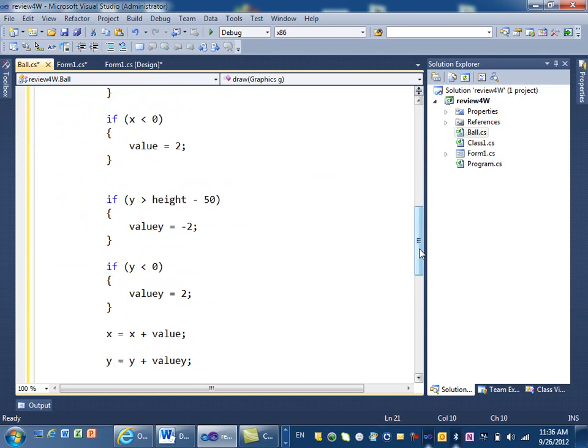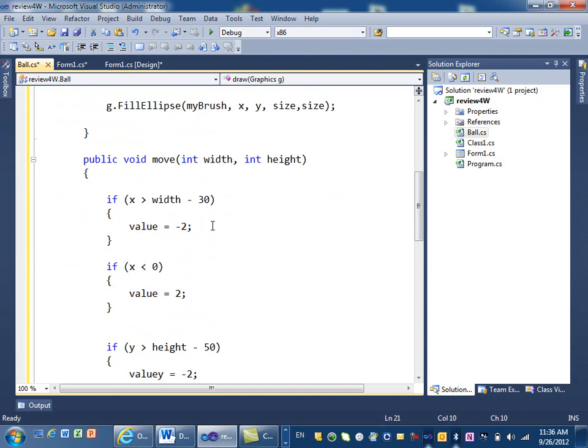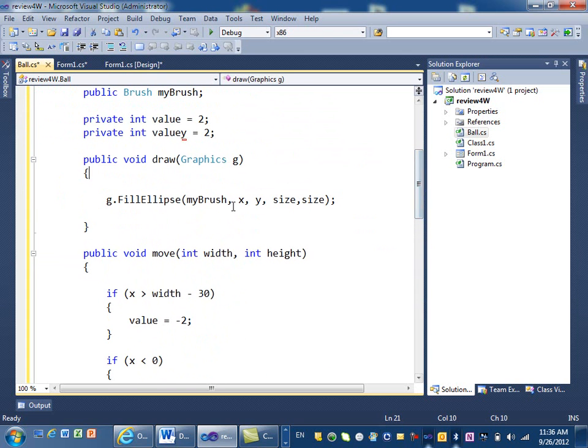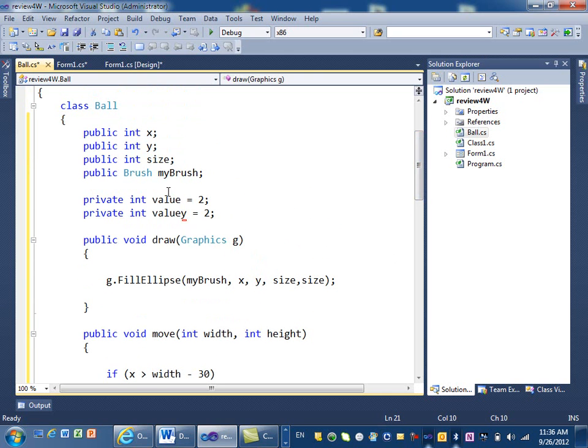So now I have the move method, which is the logic that we had there, right? And then I have the draw method, which also comes from there. And I have my attributes that I can use. Okay? Let me put it on pause so everybody can catch up. Okay, so now the next step after we finish with our class,